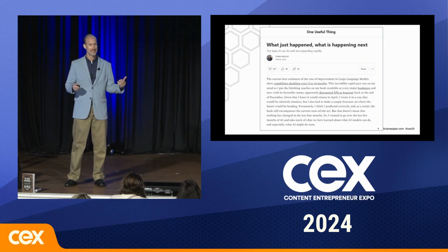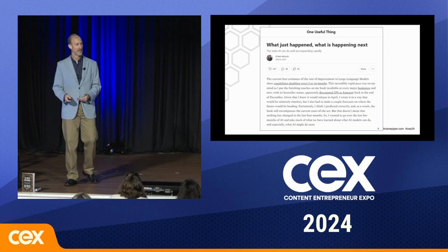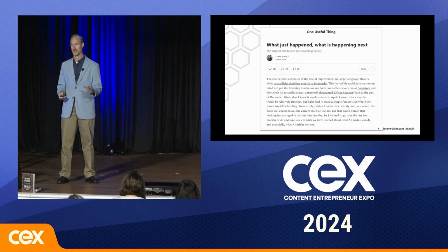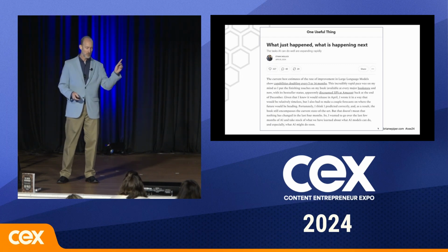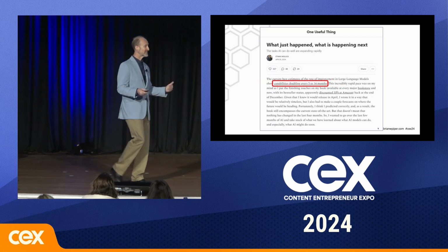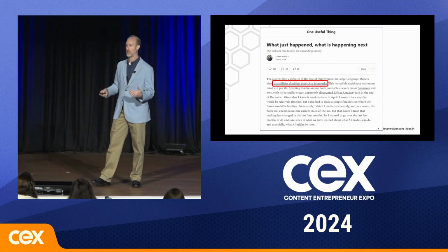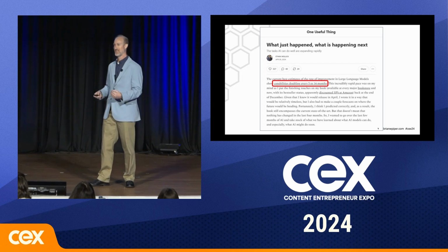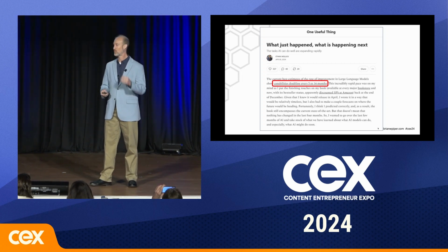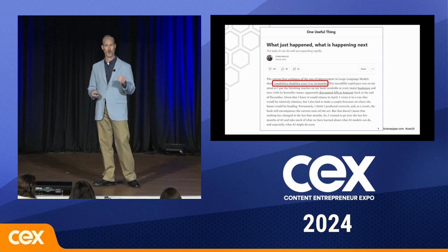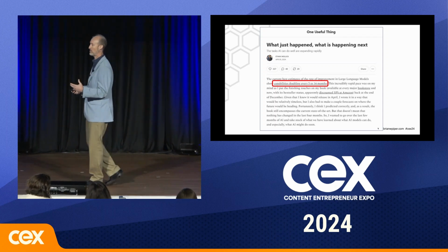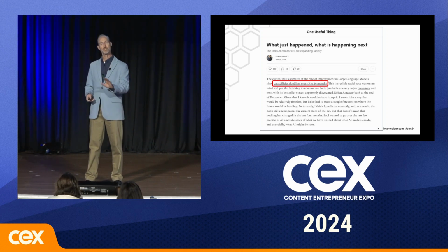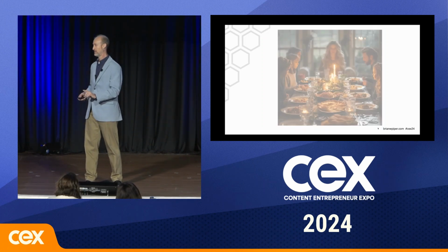Ethan Mollick is an AI expert. He's a professor at Wharton, and he also just wrote the book Co-Intelligence, which is fantastic if you're interested in AI technology. It's very consumable. He wrote a post a few weeks ago and basically said the capabilities of these tools are going to double every 5 to 14 months, which is just insane because we can already do so much with these tools, but we're just scratching the surface, and they're going to get better. Today I'm going to talk with you about how we can start using these tools within our creation processes. But first, I want to talk about dinner.